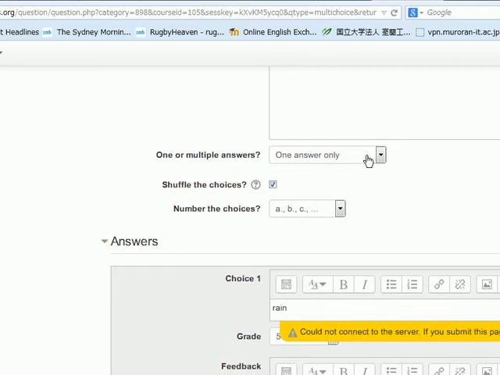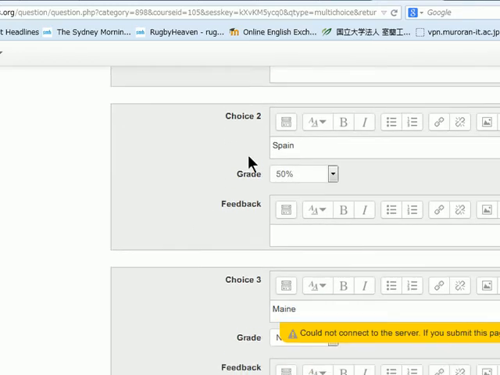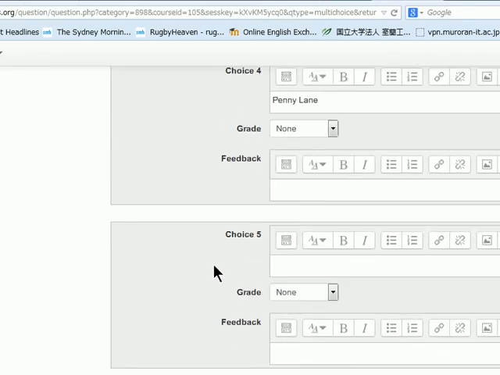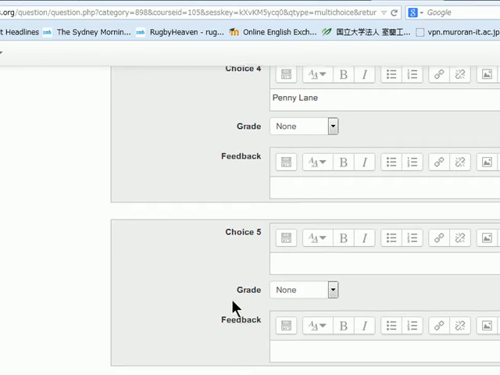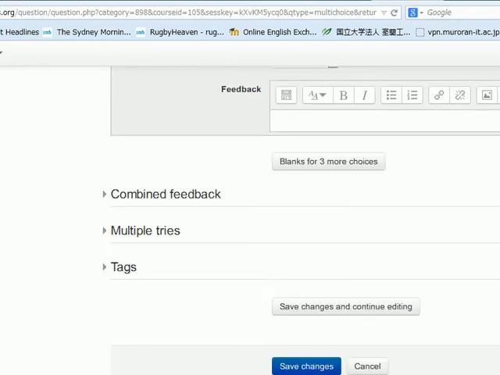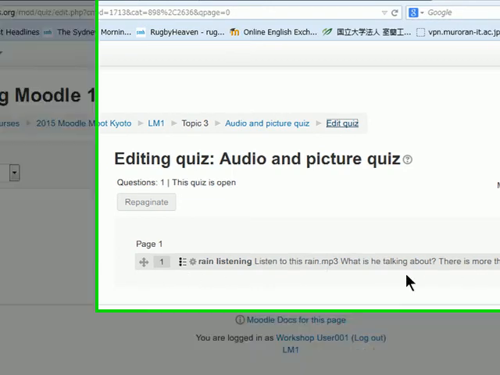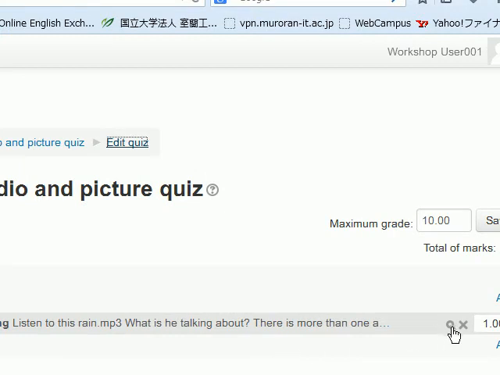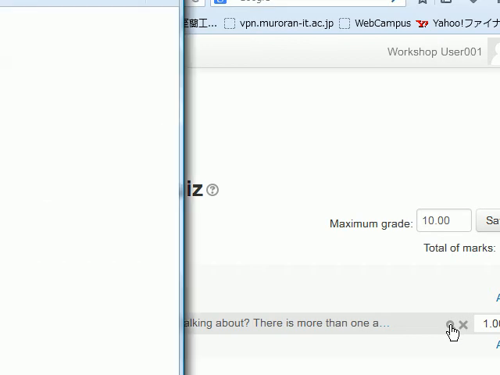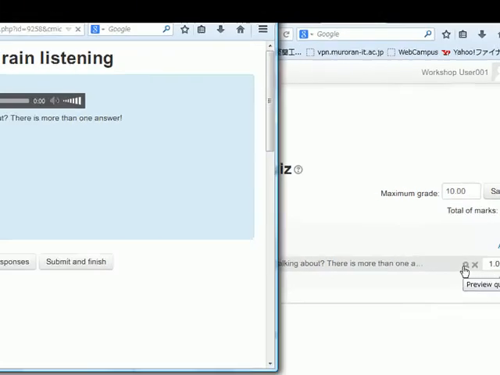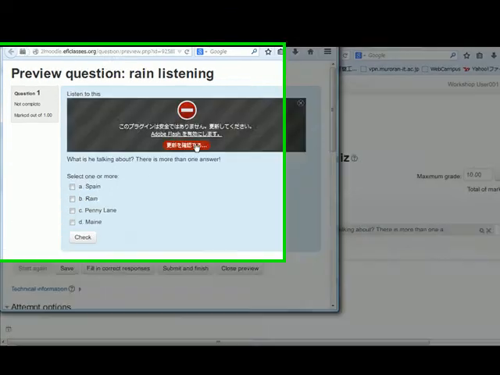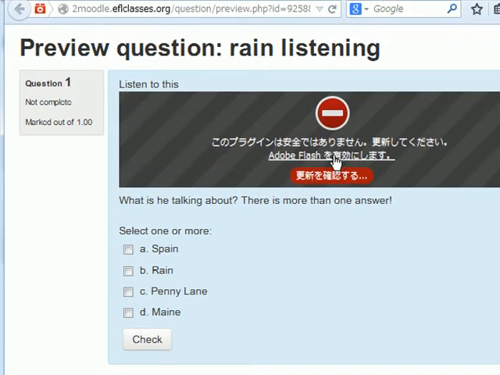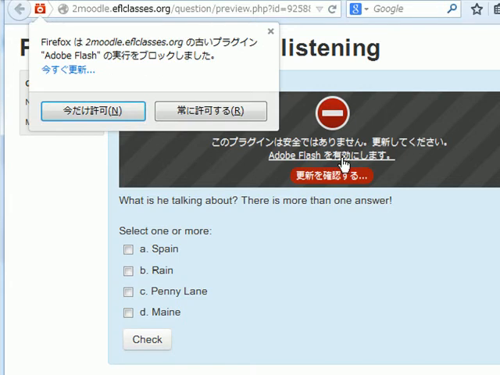So here we have more than one answer, so we've got to put multiple answers allowed. Okay, Rain, Spain, Maine, Penny Lane, etc., etc., and we get down the bottom and we save the changes. So now we have our question here, and we can have a quick look at just this question by clicking on the Preview Question Only button here. It's like a little magnifying glass. Okay, now here it says the flash is not up to date, so okay, I'll just make that available,